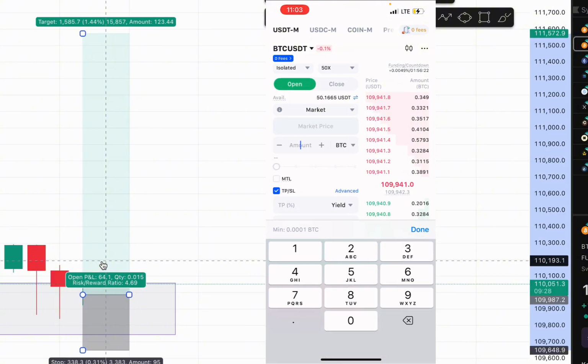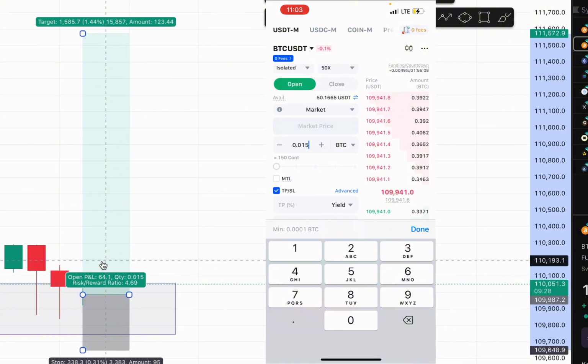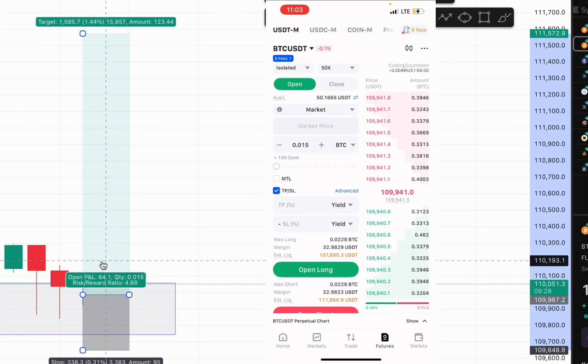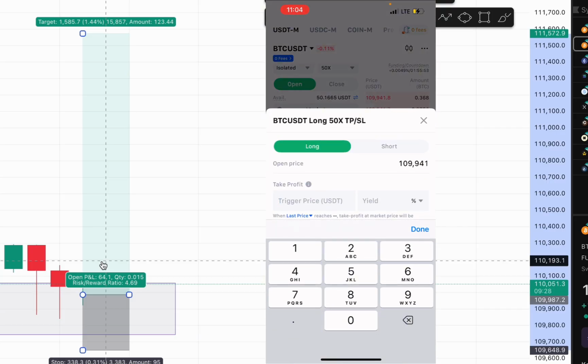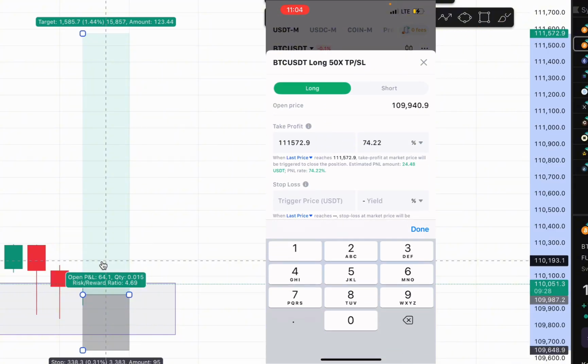Now for the amount, whatever you're going to put in the amount here is what we see on the TradingView screen where it says quantity. The quantity there is 0.015 of BTC, which is what we're going to be using to trade this. Now we're going to set our stop loss and take profit, but let's go with the advanced method. Now the price for our take profit is 111,572.9, and for our stop loss it's